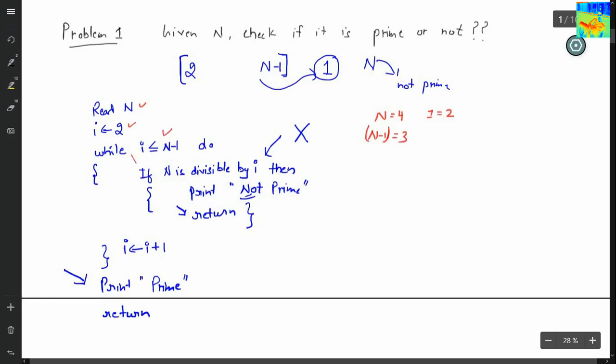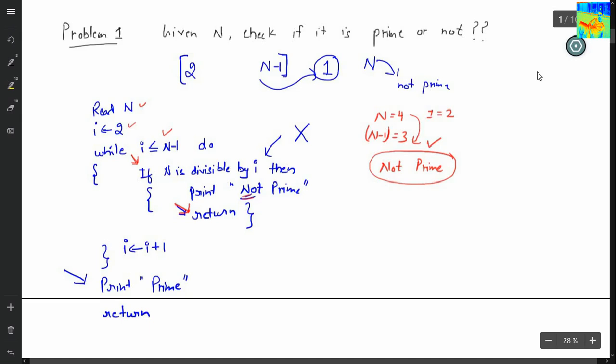The condition is true, so you come inside the loop. Then you check: is 4 divisible by 2? The condition is true, so you print "not prime". Then the return statement will be executed. Return means end your program. So my program will end and my output is "not prime" for n equals 4, which is 100% correct.